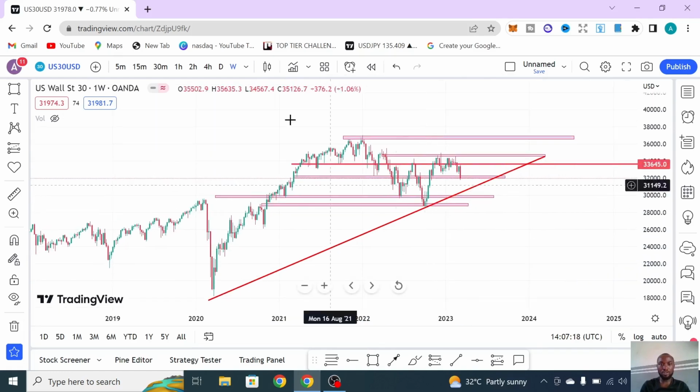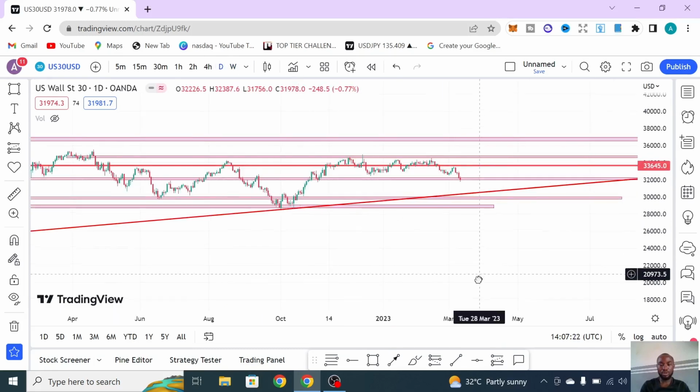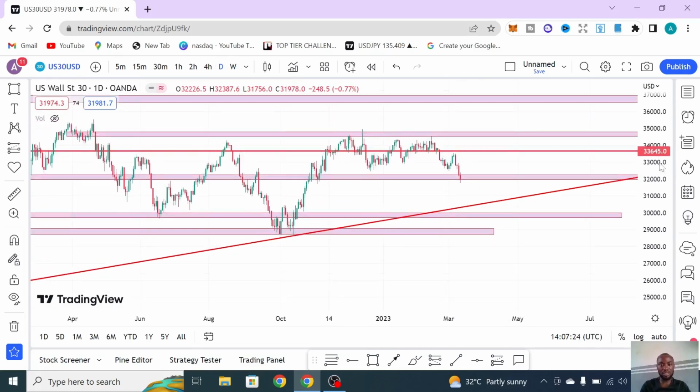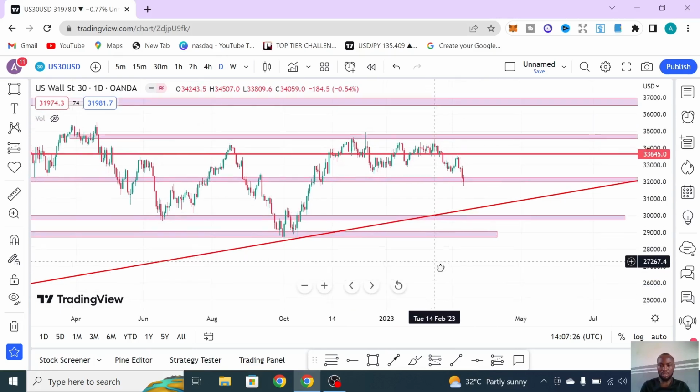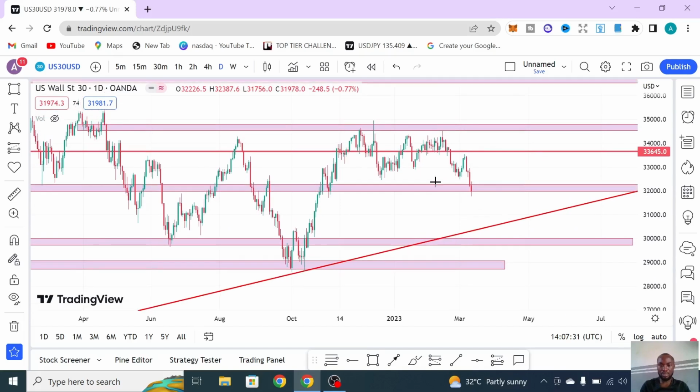But how do you approach it? Because we're already on the weekly time frame, you come back to the smaller time frame following it, which is the daily time frame. Though in this case, the daily time frame is still a higher time frame. Are you getting it? So right now here, what are you seeing? You discover that here is also a zone where the market broke out of, because if you put this and drop it at this region,